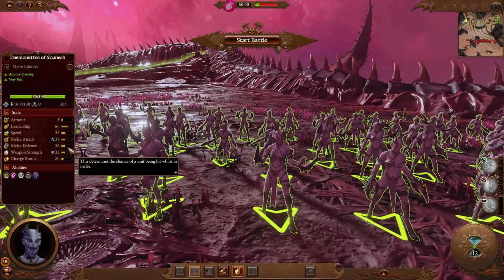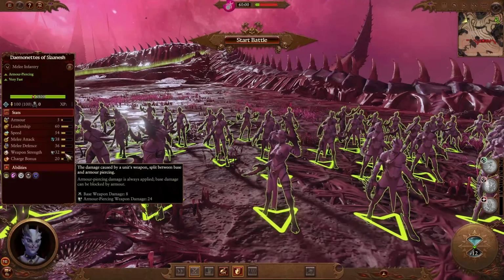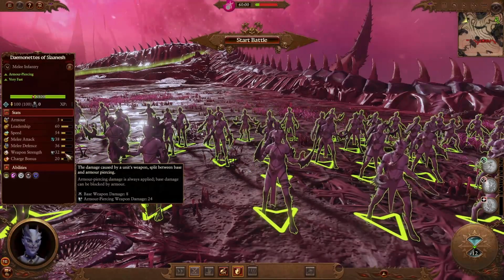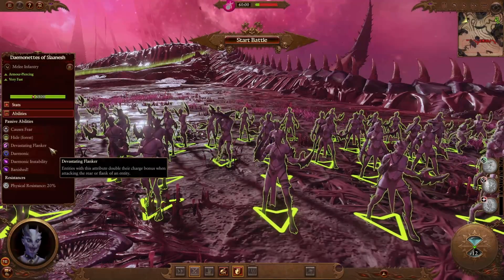Melee attack, melee defense, very respectable. Magic damage, and the damage of the weapon strength is very good. 24 points of armor piercing, 8 points of base, so very heavily skewed towards armor piercing. And we also have 20 points of charge bonus, which will come in for the devastating flanker trait, which means